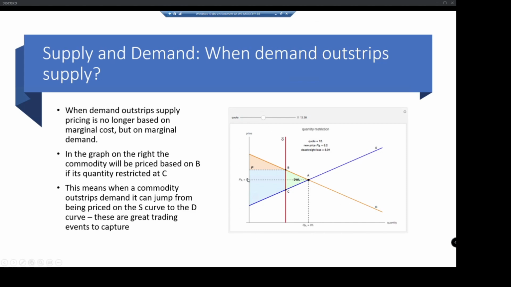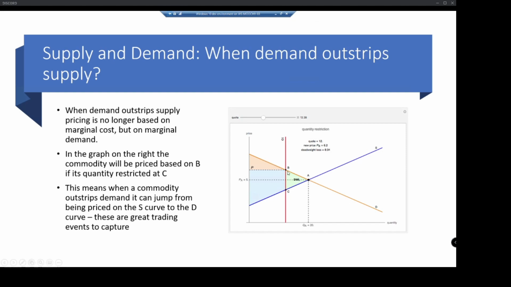So if you're looking at this supply demand graph here, this is the supply and this is the demand. If you're demanding more than can be supplied, so Q is some sort of constraint, so we can only produce up to this red line here, that means the price has to be here at B, because that's the only way that you can actually be priced. It's not going to be here because everyone's going to want it. So the price has to be somewhere up here. It's not actually going to be at B, it's going to be somewhere in here.